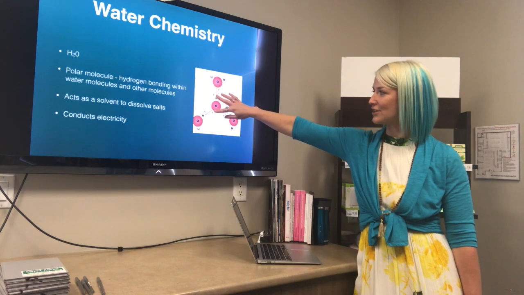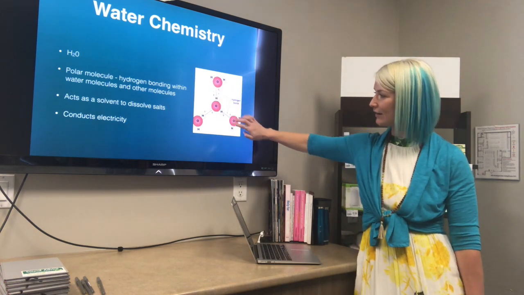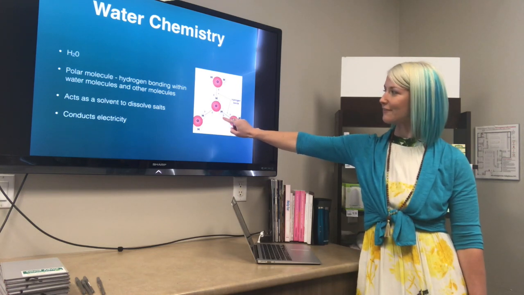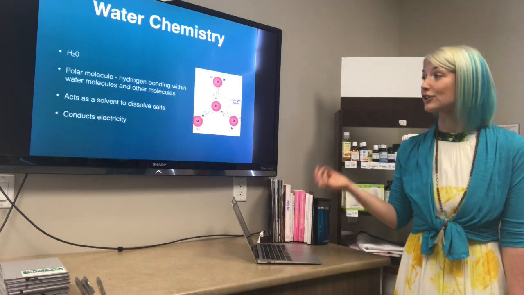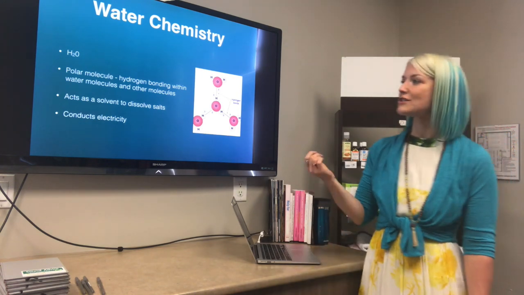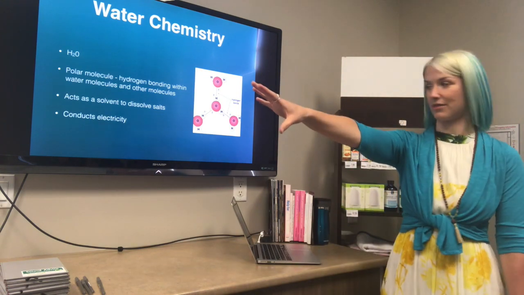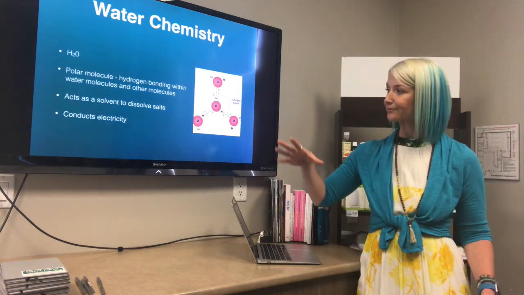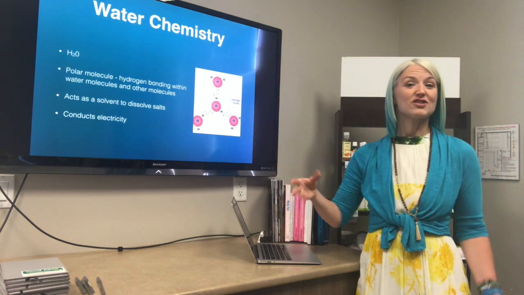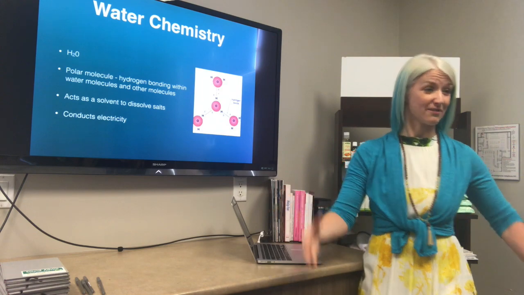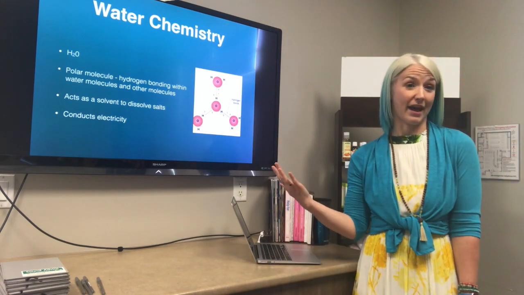Because of these slight charges, we're forming hydrogen bonds, what they call, in between slightly positive and slightly negative. Not just other water molecules, but other molecules as well: all your salts, toxins, nutrients. Water can bind weakly to these molecules and carry them with it. So it dissolves salts with these bonds, and these bonds actually allow it to conduct electricity. So we are energetic beings. Everything in us is electrical, and it's through water that happens.